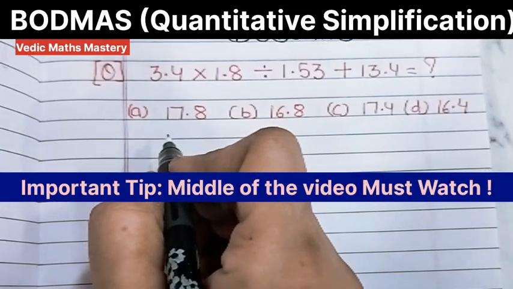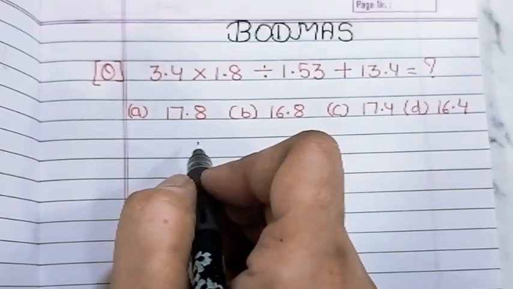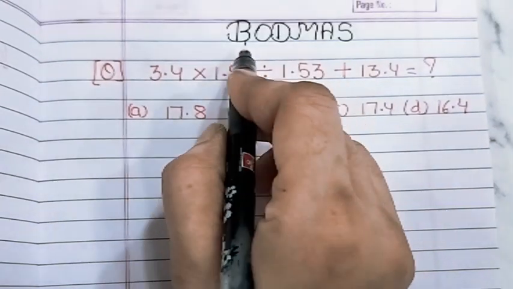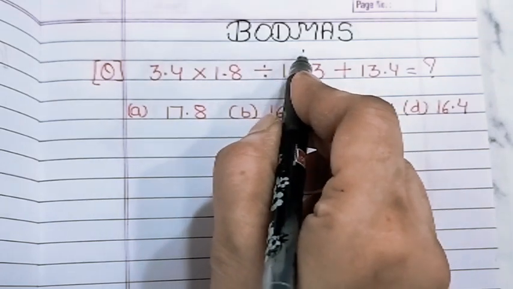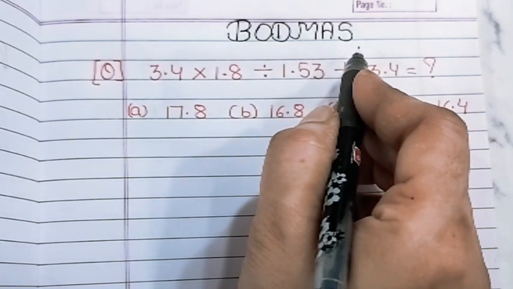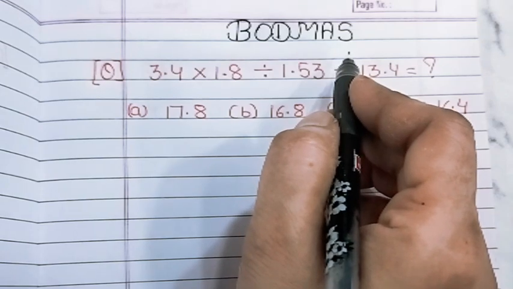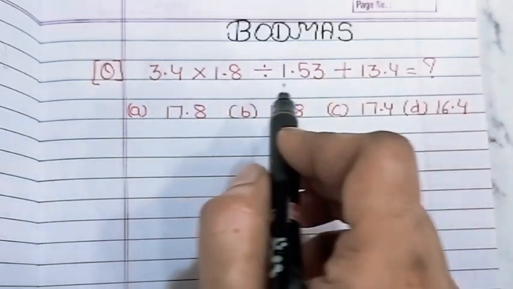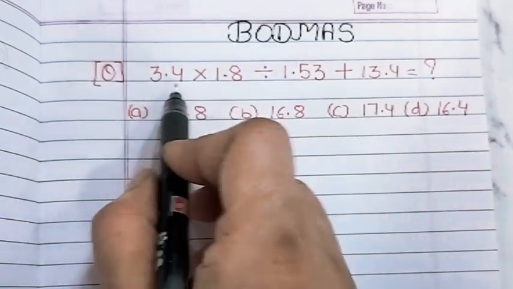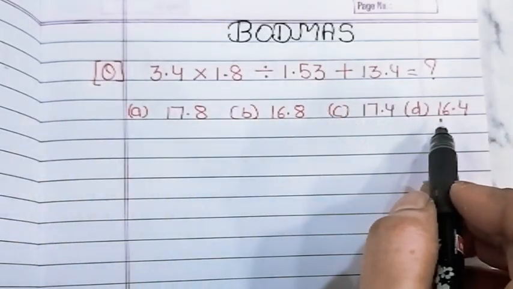So friends, to solve this expression, we follow the BODMAS rule, which dictates the order of operation: brackets, order, division, multiplication, addition and subtraction from left to right. Addition and subtraction from left to right, you can move whenever the expression is only left with addition and subtraction. So the expression is here and we have 4 options also.